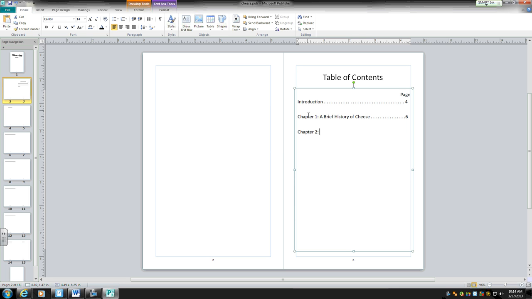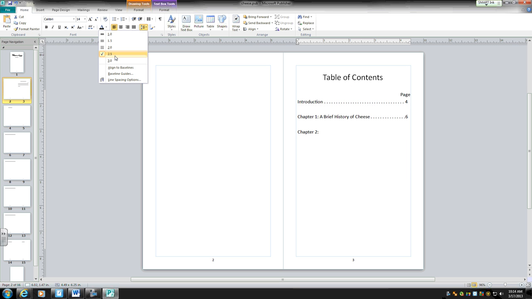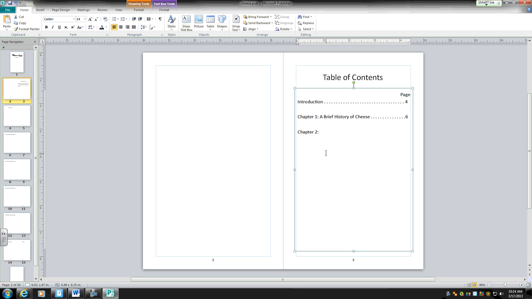If you don't like how this is spaced, you can highlight it, and the spacing button's right here. It says line spacing, and you click on it. I have it on 2.5 because there's not going to be a lot of text there. But if you want it a little smaller and closer together, that's what 2 looks like. 1.5, 1. I have it on 2.5. When I get into my actual typing, then I won't have it as far apart because you want it to look more like a book than